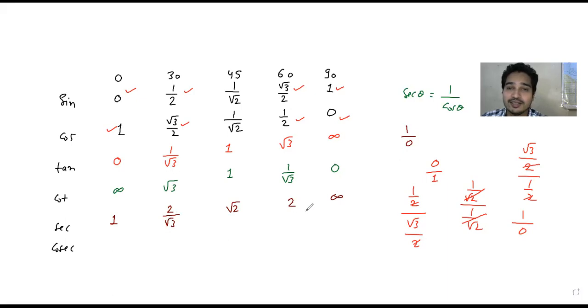Okay, now in the final you will again write the 90 value in here, this value is here, 60 value in 30, and again 30 value in 60, and 0 value is in 90. So, okay, and 45 value will be same. So this is the complete table of sine, cos, tan, cot, sec, cosec in 0 degree, 30 degree, 45 degree, 60 degree, and 90 degree.